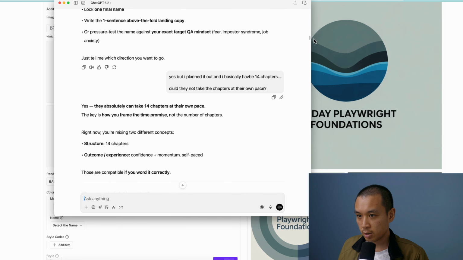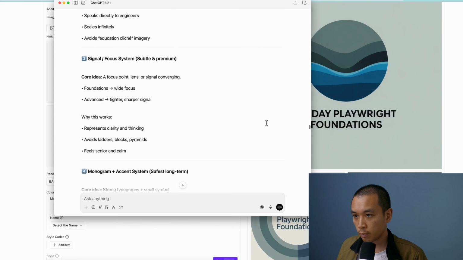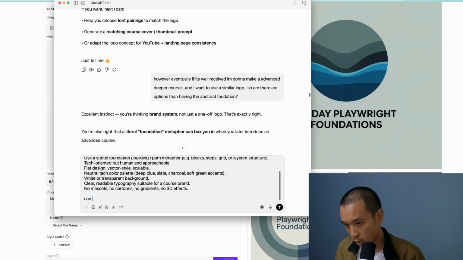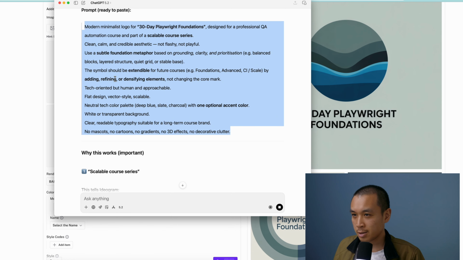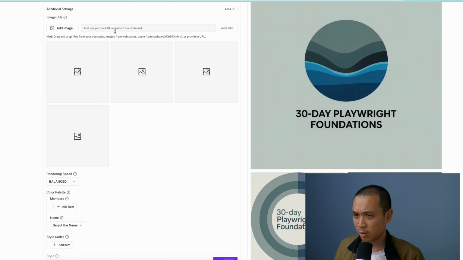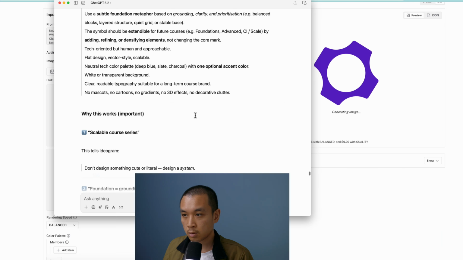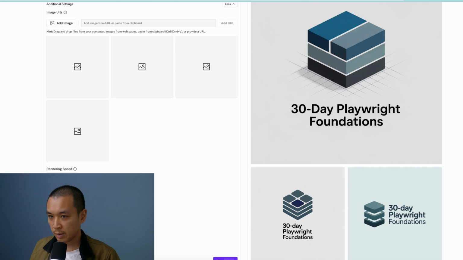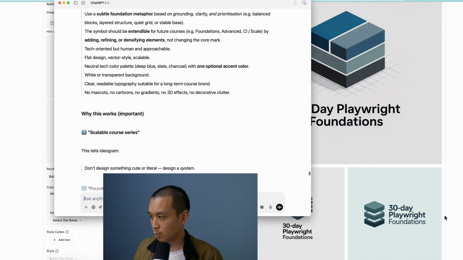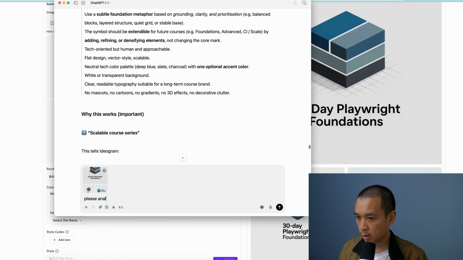I think out of everything, I actually like the one before that, didn't I? Can we still use this but adapt it so that it's extendable to advanced courses? I'm not sure if telling it that it's a scalable course series is going to affect the final graphic though, but right. Oh, interesting. I'm going to keep iterating it with itself. Please analyze